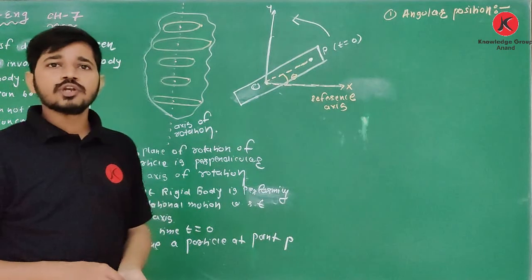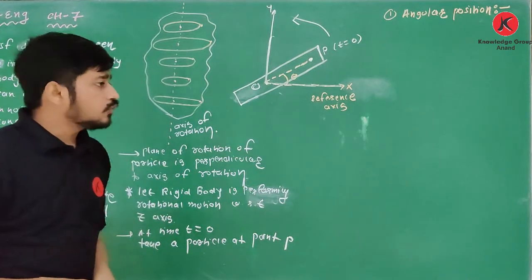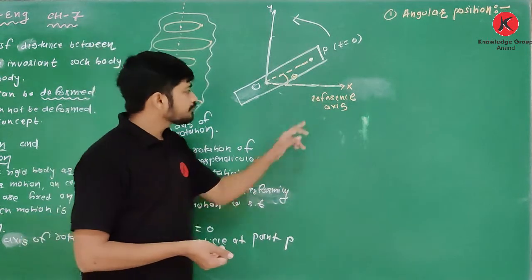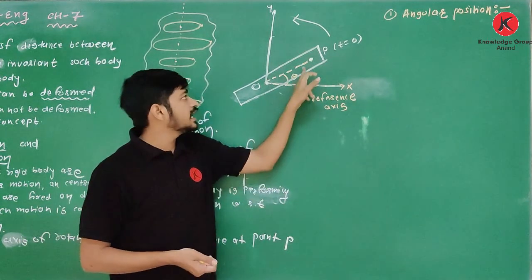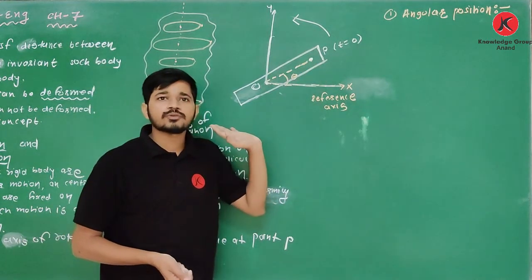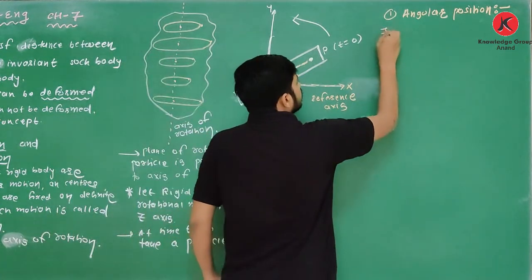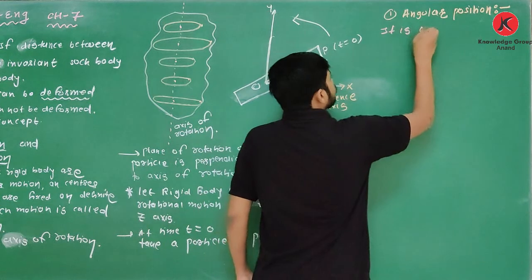Theta is called angular position. Okay, so what is angular position? Angular position is the angle between the reference axis and the line joining the particle with its center. Okay, so how to write angular position? It is